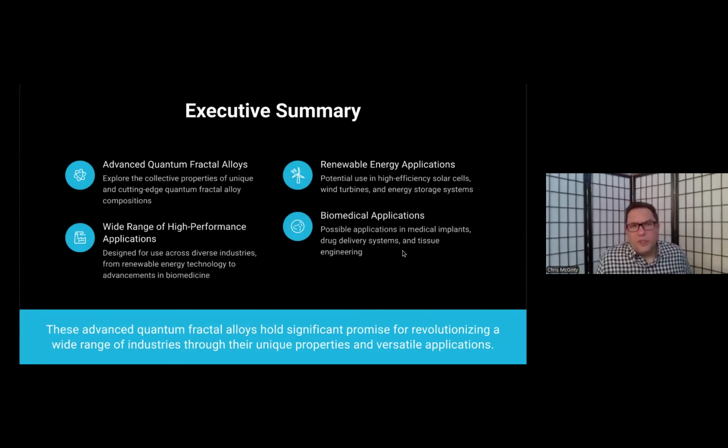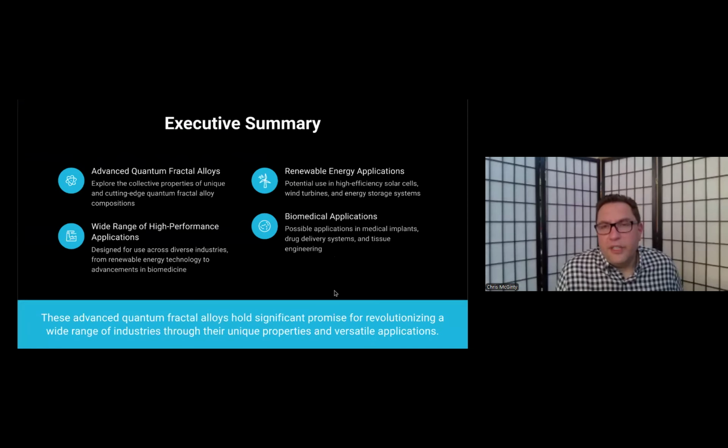Again, I talked a little bit about these quantum fractal alloys. The main differentiator with these alloys is that in order for them to be a quantum fractal one, they use fractal self-similarity and different patterns within them to create different types of quantum properties that are then amplified through that self-similar fractal structure. And then we're able to tune into the frequencies of that and find out what the optimal frequency is for energy extraction. And particularly I'm using this for what's called zero-point energy, and I'll get into that as well.